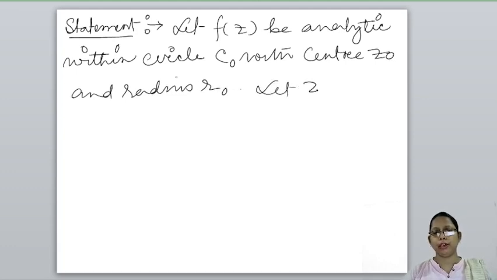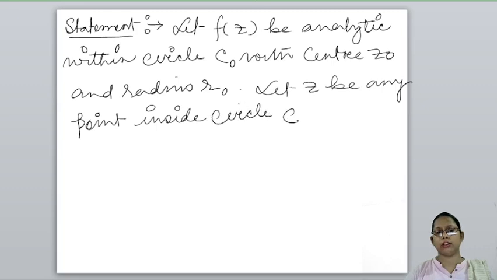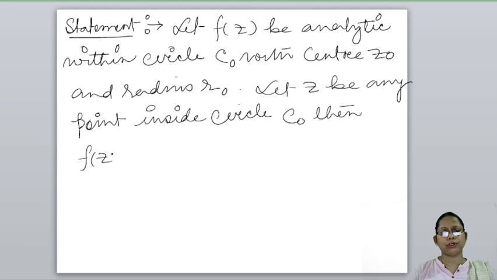Let z be any point inside the circle C naught. Then f(z) can be represented by an infinite series of the form given by f of z naught plus